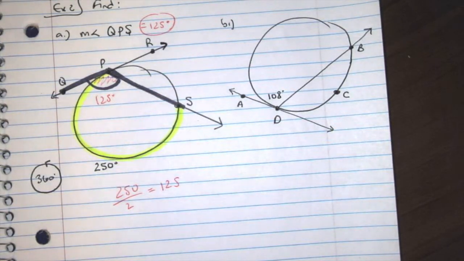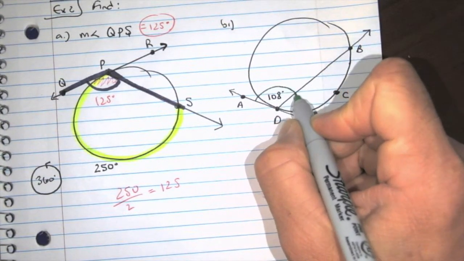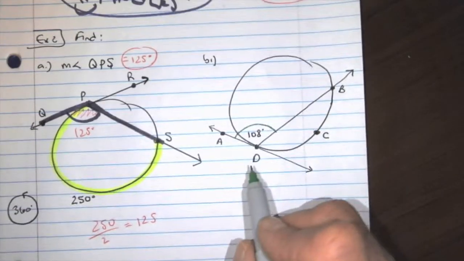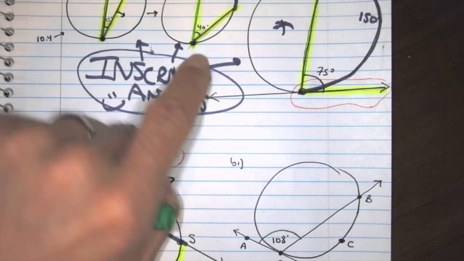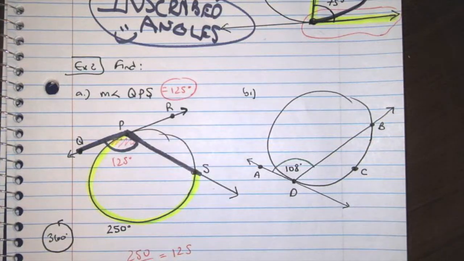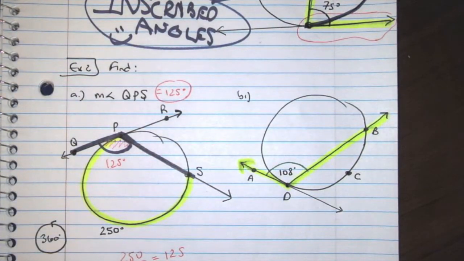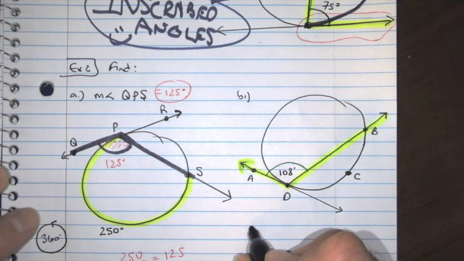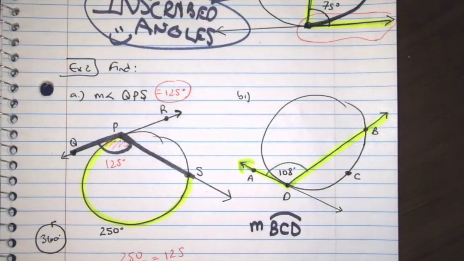Let me talk about this really quick. When they give you a number inside an angle like here, they're referring to this angle right here, that inscribed angle. Remember, I'm very careful with my terminology. This is what we call an inscribed angle. It's in the circle. That's an inscribed angle that's half hanging outside the circle. Hopefully you can see the inside angle. It's right here. That is an inscribed angle. Now I'm not going to ask you to find the intercepted arc. I'm going to ask you to find the measure of arc BCD,